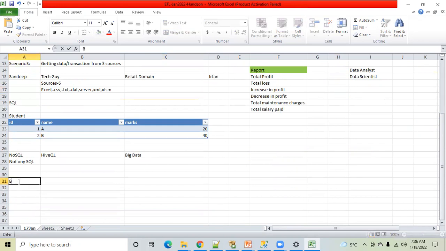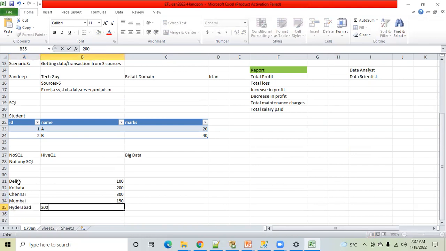Suppose in Delhi we have made a profit of 100 rupees. Kolkata, pardon me for my spelling mistakes, it was 200. Chennai, it was 300. Mumbai, it was 150 rupees.